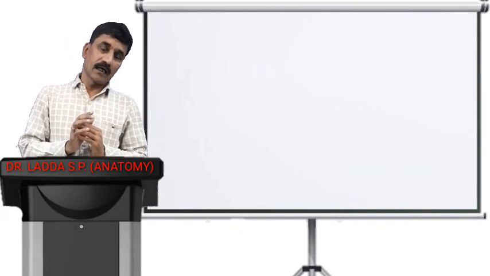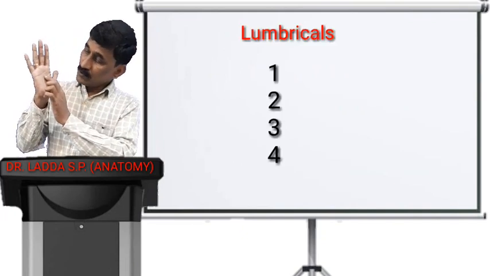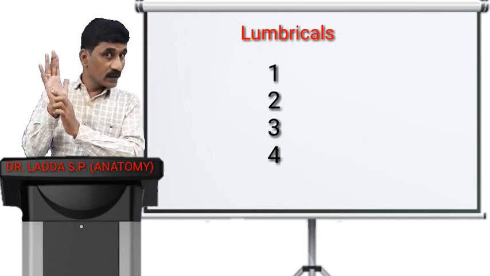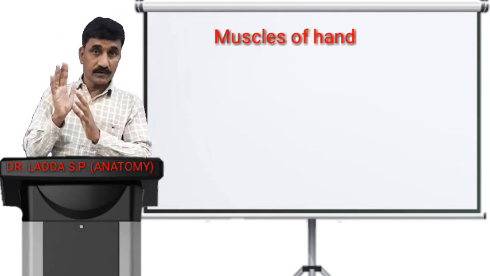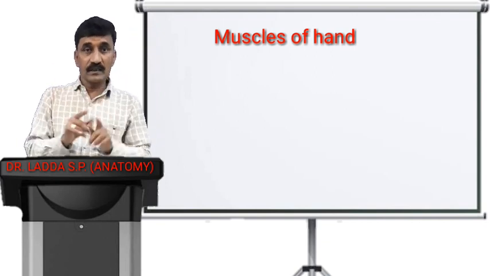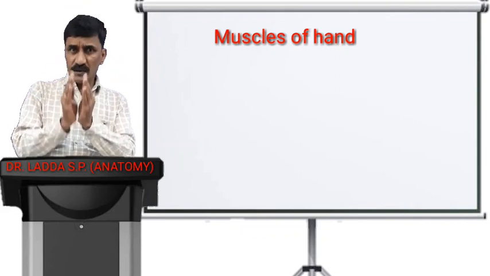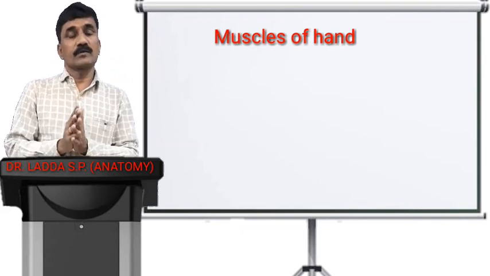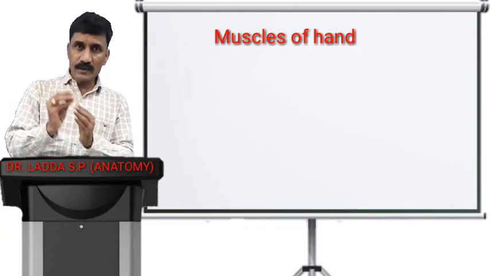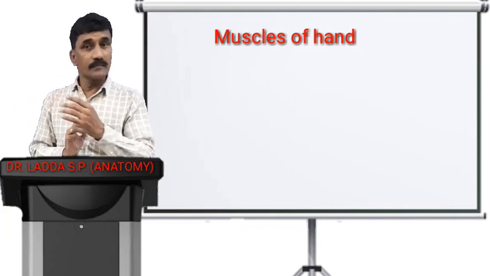And now the remaining are four lumbricals, first, second, third, fourth, and eight interossei: palmar interosseous four and dorsal interosseous four. So these are the muscles of the hand. Now this knowledge is important because with the knowledge of the names of the muscles, you can proceed to easily write on the ulnar and the median nerve.